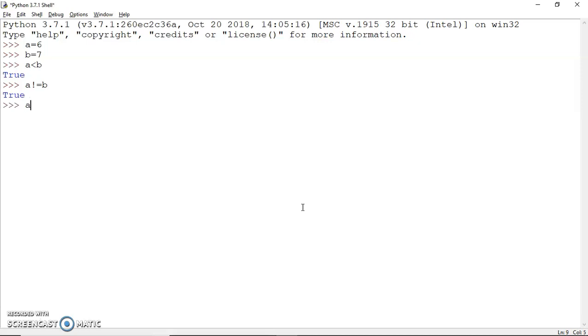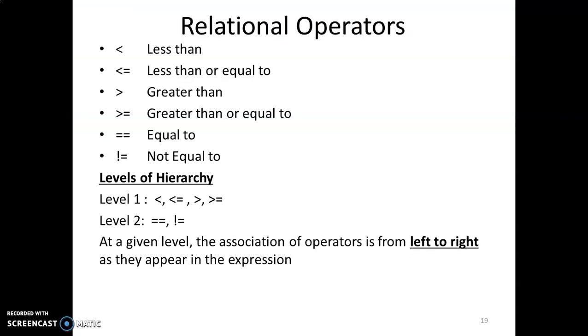If I write a is equal to b, obviously this is false. A is less than or equal to b. That's true. A less than or equal to b means either a is less than b or it is equal to b. So that is again true. So that is how you can use this. I think more usage of these operators would come in our programming. We'll be using them almost in every program that we write once we start with the conditional expressions of the